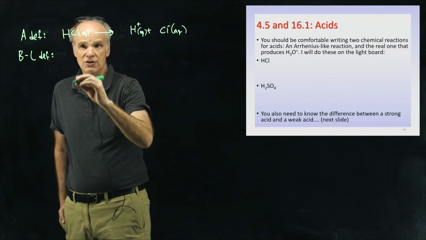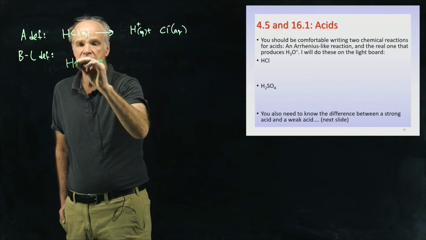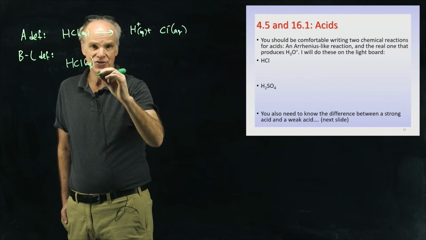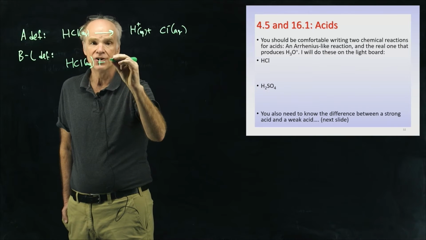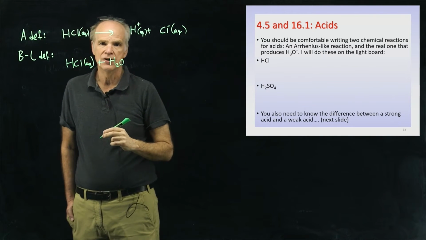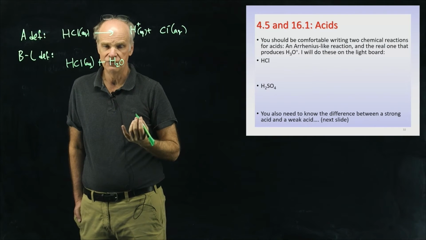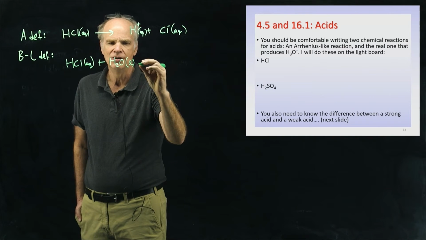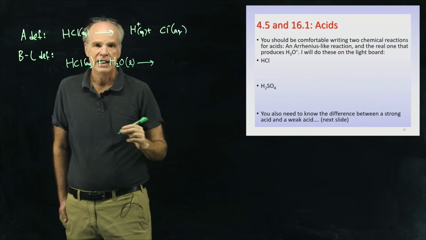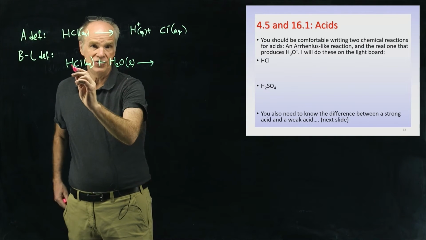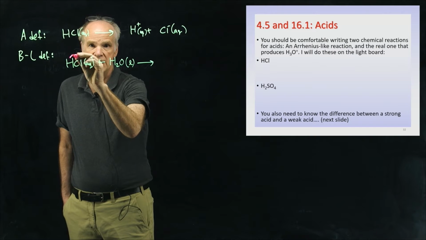With the Bronsted-Lowry definition, you have HCl again, but this time we add water as a reactant, like this. The state symbol for water could either be L for liquid or aq for aqueous, because there will probably be some ions in there. So either one is fine; I tend to put L. Anyway, according to the Bronsted-Lowry definition, this H atom breaks off